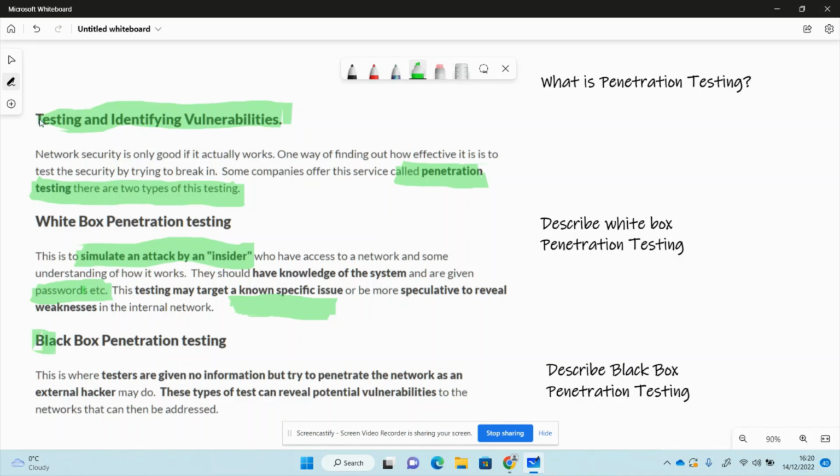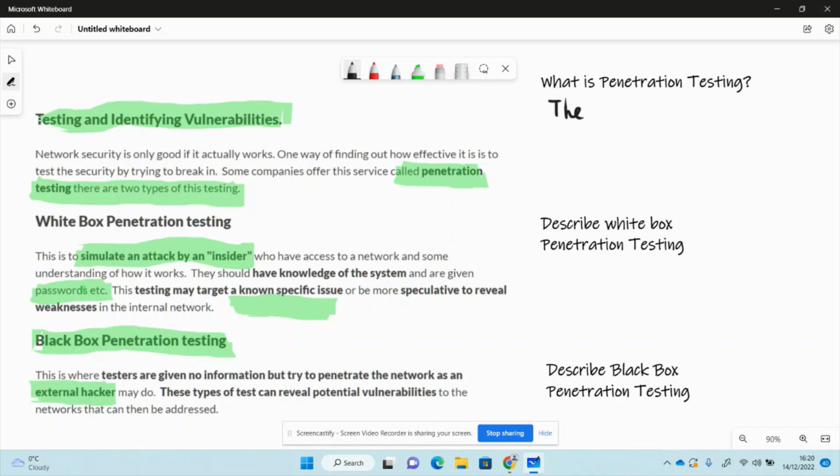Then there's also the idea of black box penetration testing. As the name suggests, it's dark, so you don't see any information. It simulates an attack from an external hacker, someone trying to break into the network. These kinds of tests can reveal things that might be vulnerable in the network that you could then address. So you might get asked what is penetration testing, and you could say that